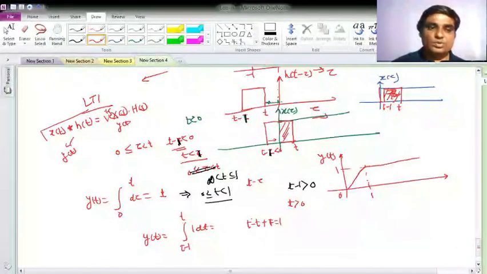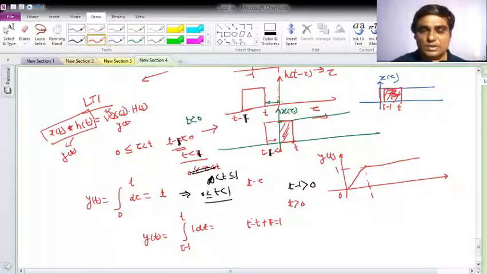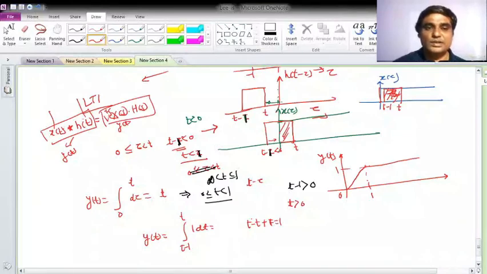So either you can do such time domain manipulation, or you just find out the Laplace of x of t and h of t, simply multiply them and take the inverse, and you will get the same output. Okay, so using the transformation domain to compute the convolution, I think, is easier than the computation in the time domain. As these are easy signals, that's why it's okay. But if I use the Laplace transform approach, definitely the solution will be easy for me.